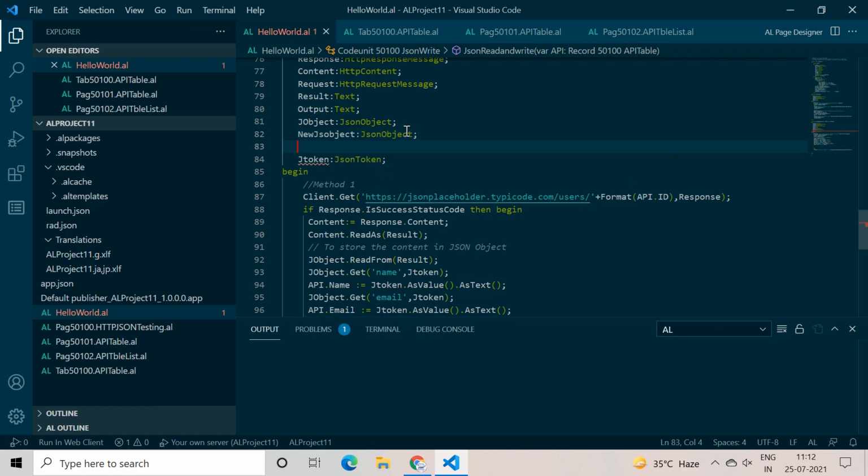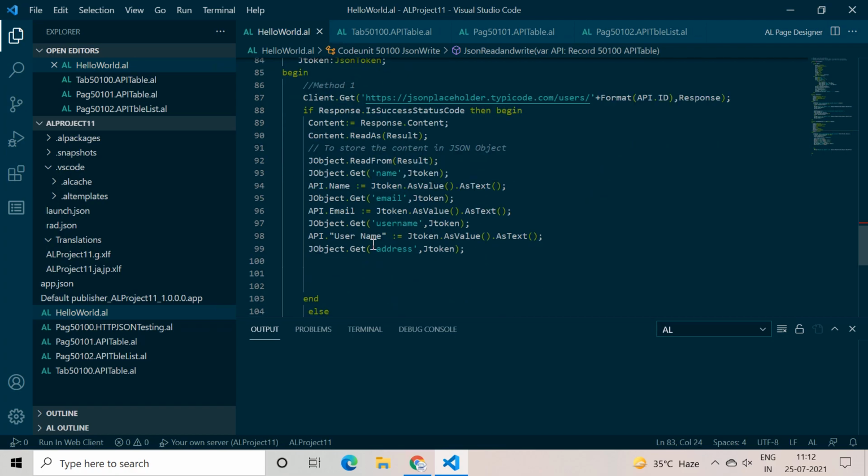and another JSON token. All right. So just type J token, because we have passed this complete result available under the address tag into the JSON token.